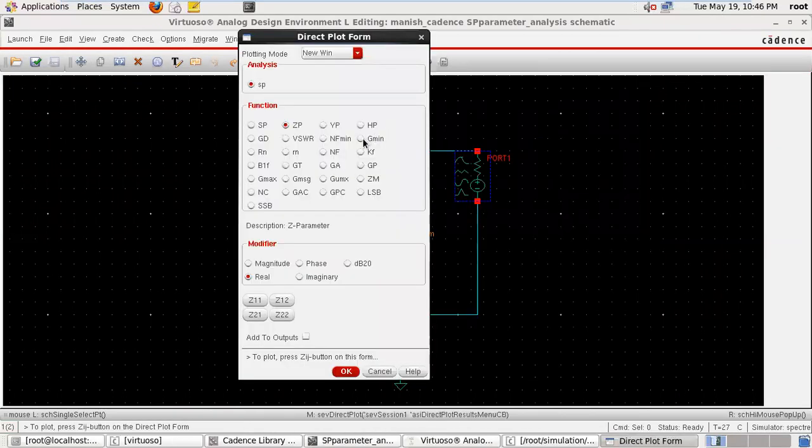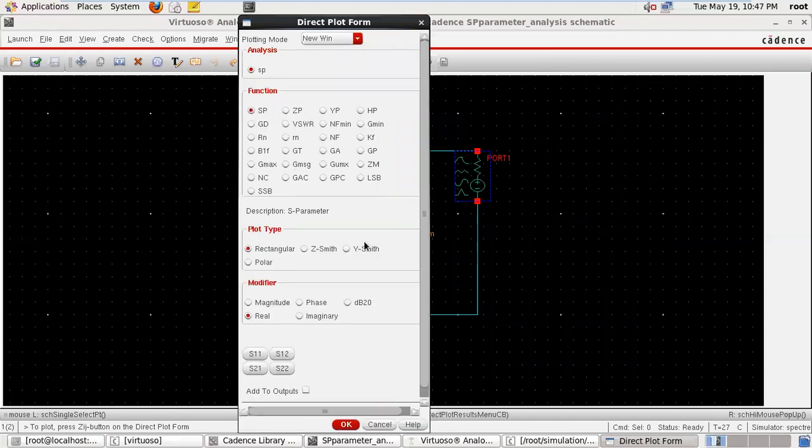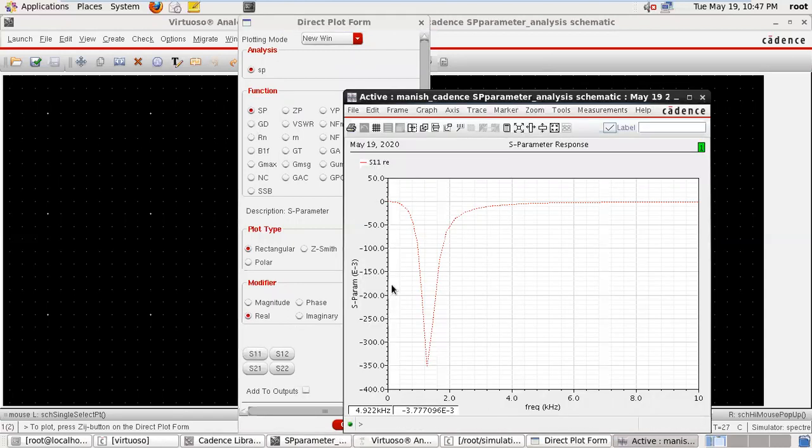Suppose we are interested in S parameter. So S11. Now see the S11, it is varying from 0 to minus 350. This is a function of frequency. This is the case at which the reflection is minimum.